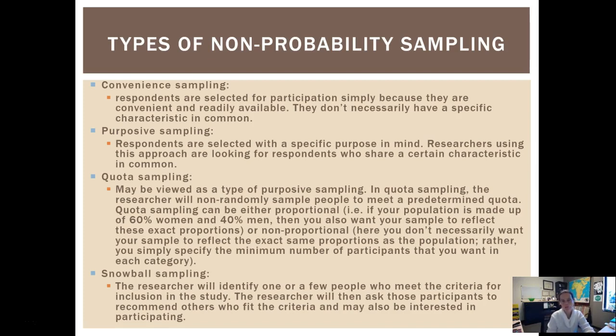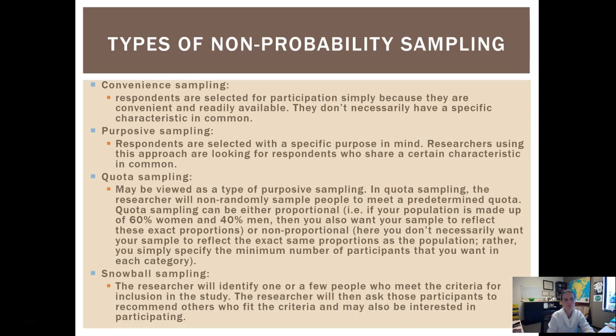So those are the four main types of non-probability sampling. So convenience sampling, again, means that people are asked to participate because they're readily available. It's convenient to ask them. Purposive sampling means that you're looking for participants who share at least one characteristic in common. So that might be that they're an NKU student. It might be that they've experienced domestic violence. Whatever it is, it's one characteristic at least that they share in common, and that's why you want them to